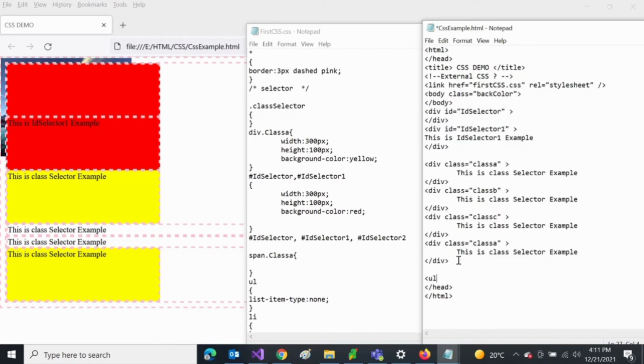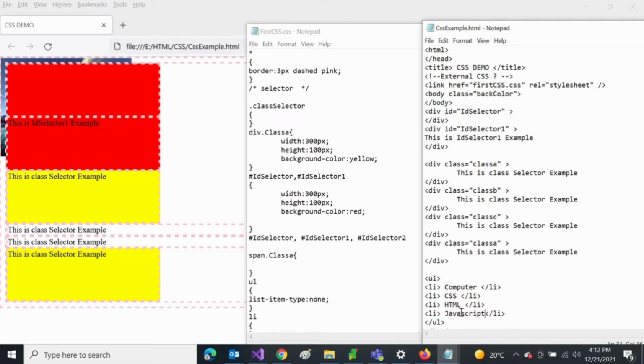Let me add below a UL, and let me close the unordered list UL, and write something inside it with LI. Put some text in LI and then copy it, making approximately 3 to 4 items, say for HTML, CSS, HTML and JavaScript.